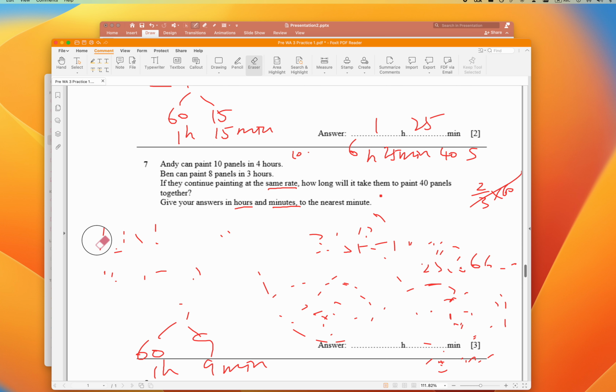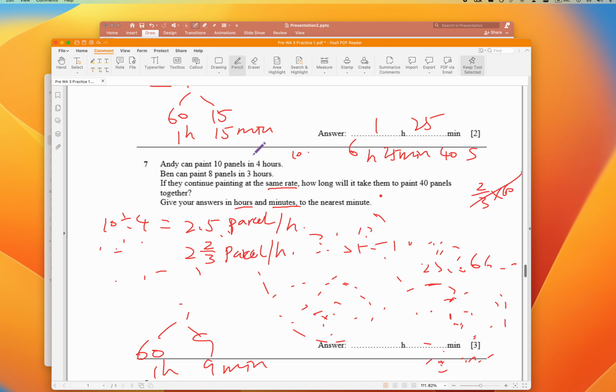Okay, very good. But I hope you know what you are doing. 10 divided by 4 and you get 2.5, right? You can put it in fraction, it's okay. 2.5, this is parcel per hour. That means 1 hour is 2.5 parcel, okay? Then the other one is 2 and 2/3 parcel